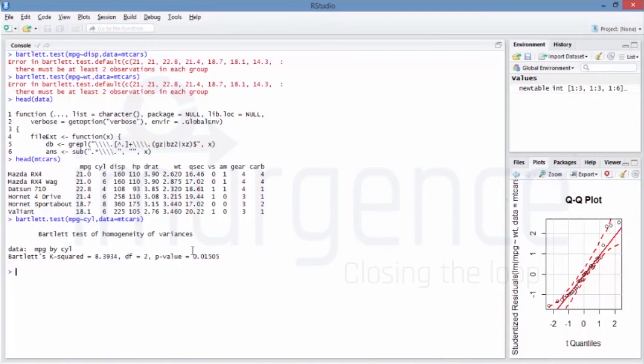So what you're seeing on the board is different, and what you're seeing over here is different, because that's the cholesterol data in which you had that, and in this case it's different, right? And there are other possible tests like the Fligner-Killeen test, Brown-Forsythe test, right? And you can use them also, provided those packages are available in the latest R versions.